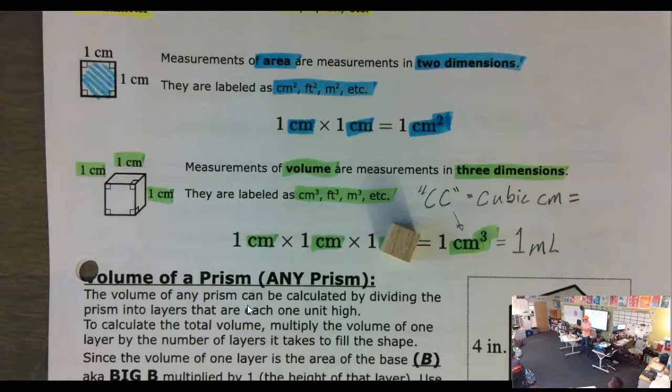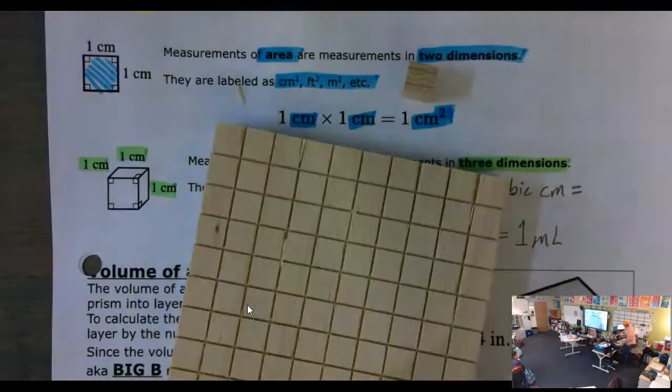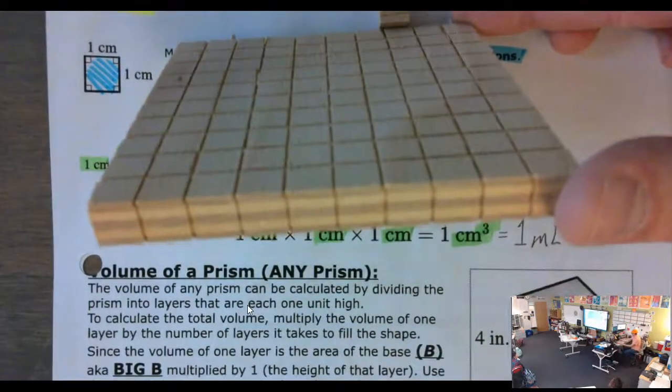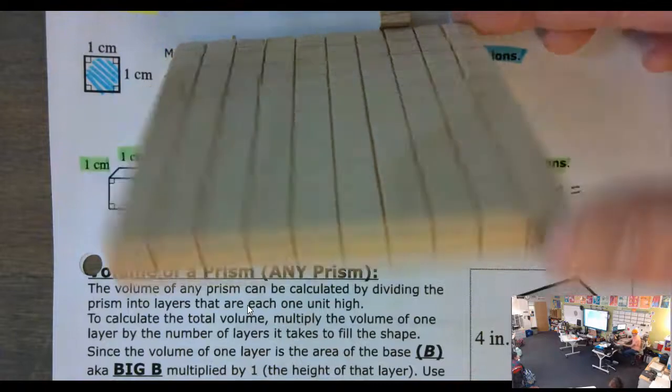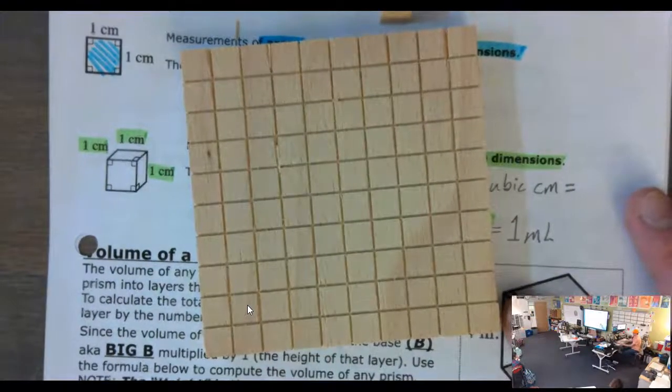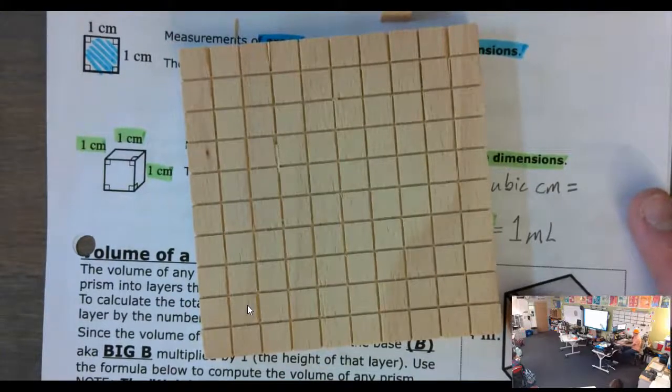If I get another stack, 20. So what if I do 10 of these? I now have 100 centimeters. Now wait. So you said this is 100 cubic centimeters because it has thickness. But what would this area be, if I'm going to paint this? 100